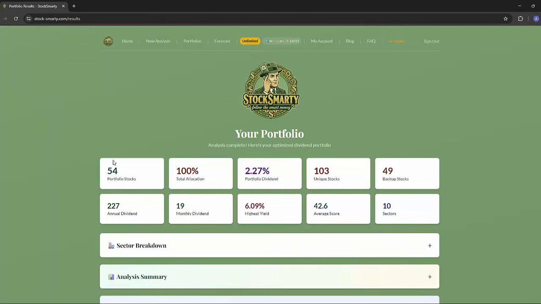So we've got 54 stocks that qualified for a portfolio, and that would be those that appear in more than one ETF, and also those that meet the dividend threshold, which in this case is 0. So basically anything that is in 2 or more ETFs will appear in our analysis. We've got the average dividend yield, how many unique stocks there were in total, how many are in our backup. So these would be ones where they only appeared in one of the ETFs. How much our annual dividend yield would be from these stocks alone based on a £10,000 input. That's how much it would be on a monthly basis, our highest yield, average scores, and how many sectors that